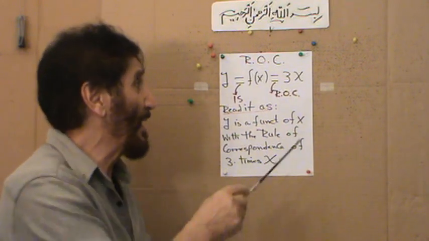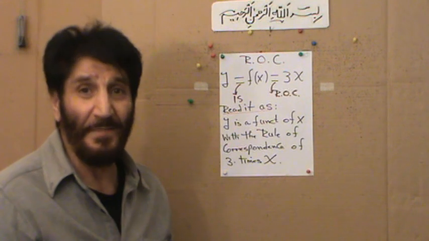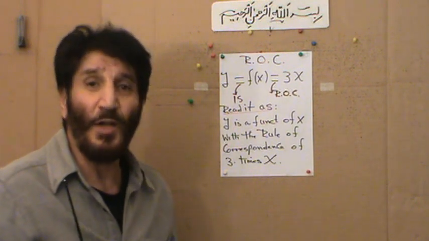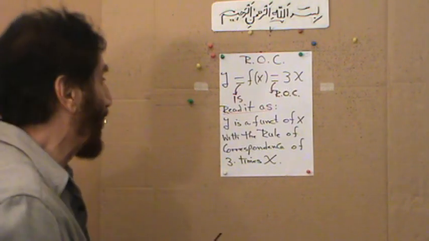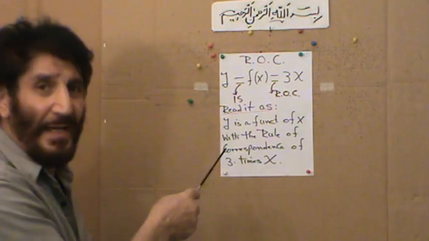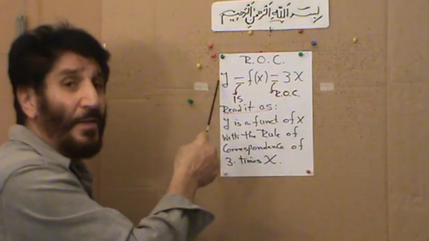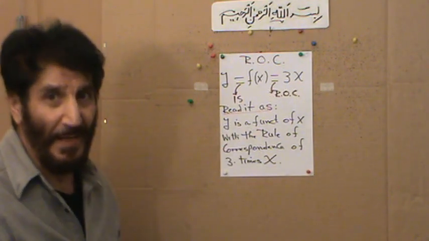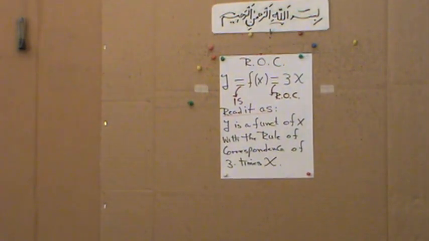So the name again is rule of correspondence. It's very important to read it that way so that you really understand the concept very well and you're not memorizing parrot-like. Now, I have written it again, please take note of it, and it's very important that the way I read it, you read it the same way. Okay, now let's go to